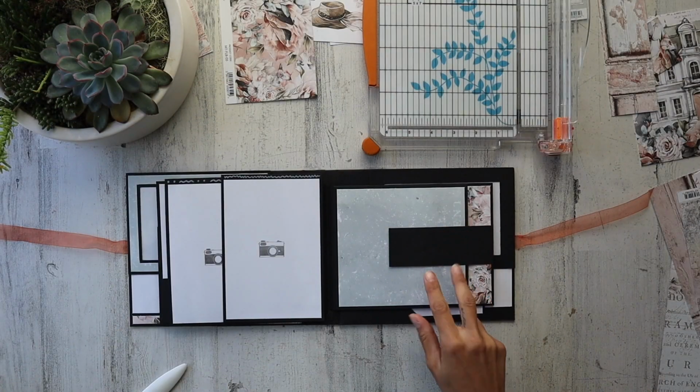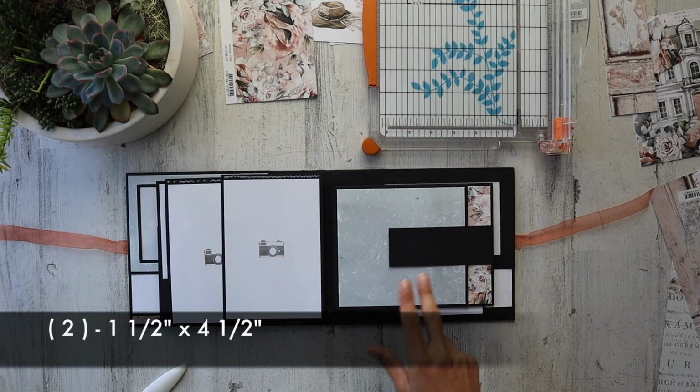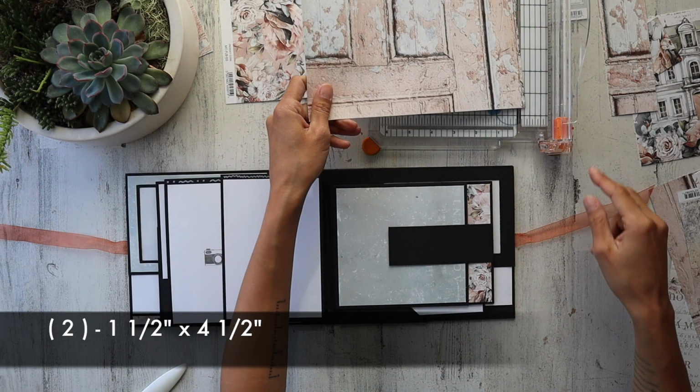So now for the band, it's going to be a total of 2 pieces, 1 1/2 by 4 1/2. So I'm going to use this